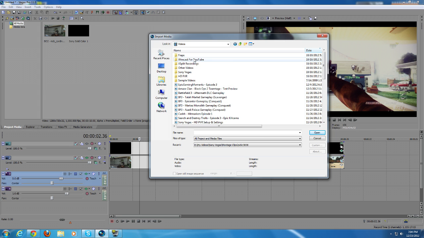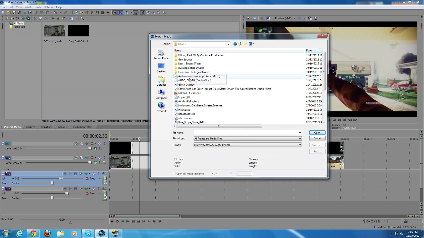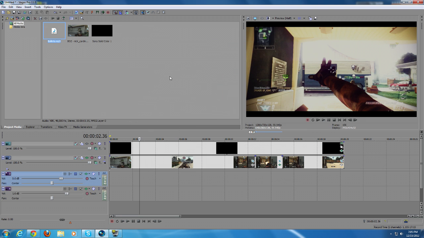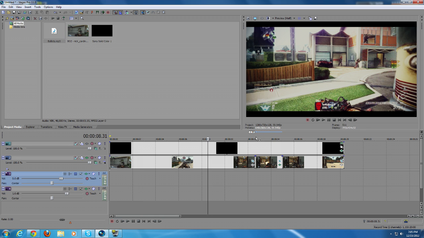So what I'm going to go into is I have an effects folder, and I believe I have a gun sounds folder right here, and then I have each game, well, each Call of Duty game at least, for all the gun sounds. So I'm going to go into Black Ops 2, and I only have the snipers in here right now, but in order to add some audio, I'll probably just show you with sniper anyway, because I don't have any shotguns, but just to show you what it takes to add in the audio for the gun sounds,